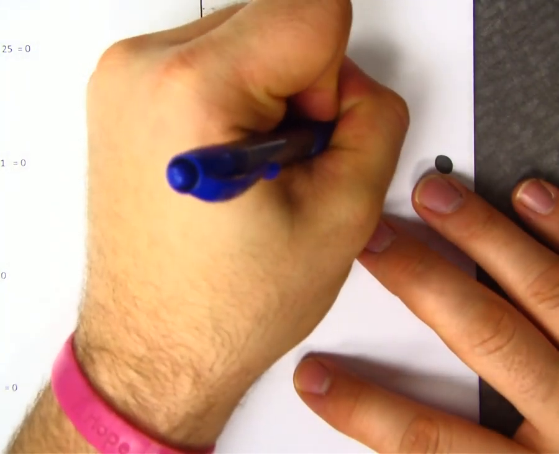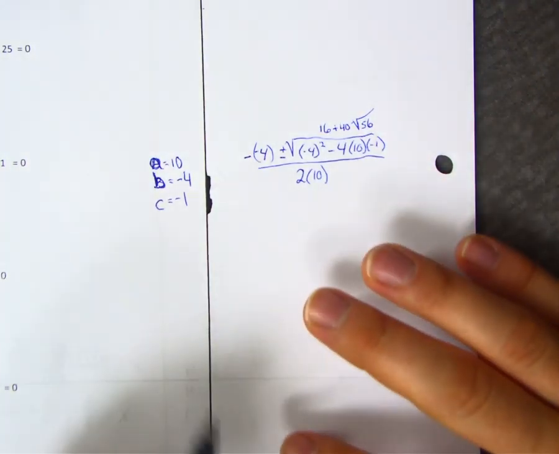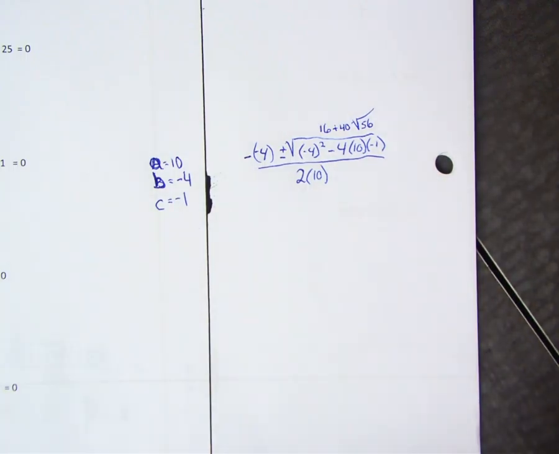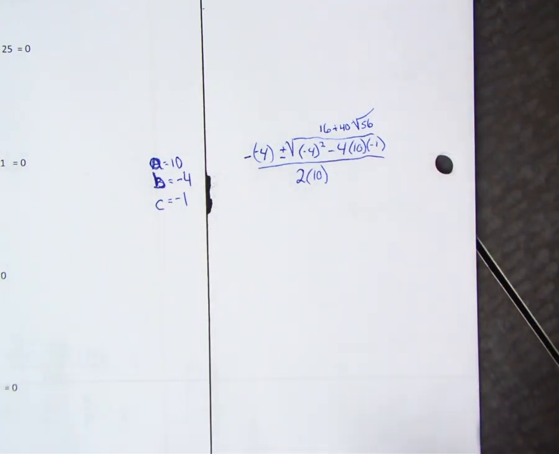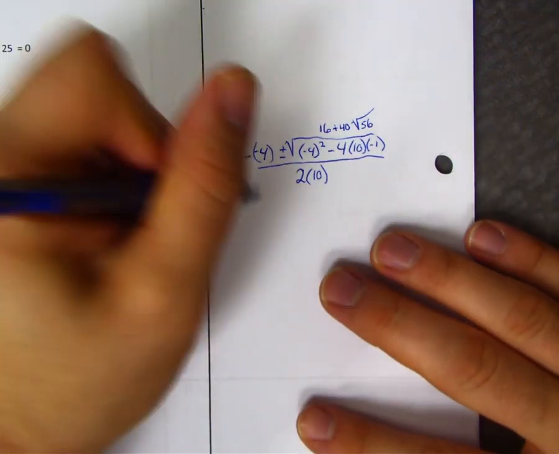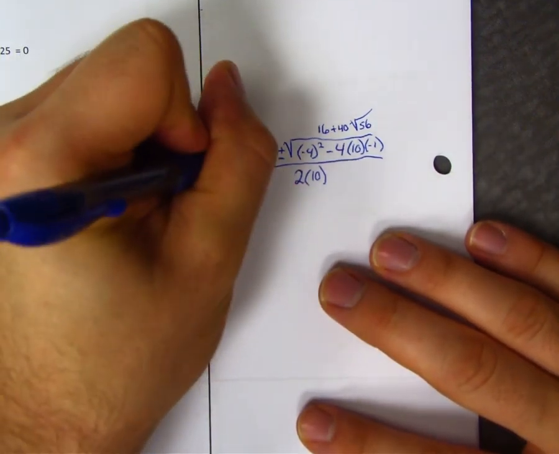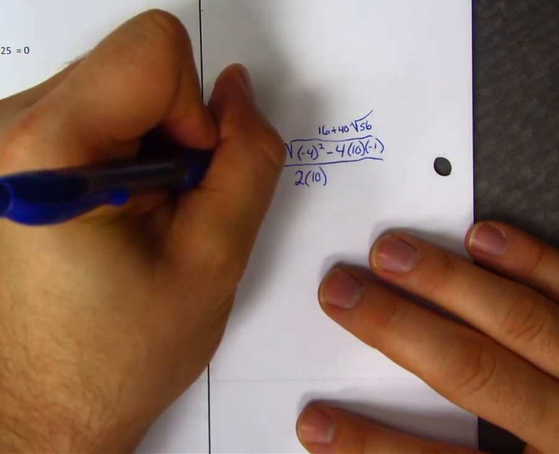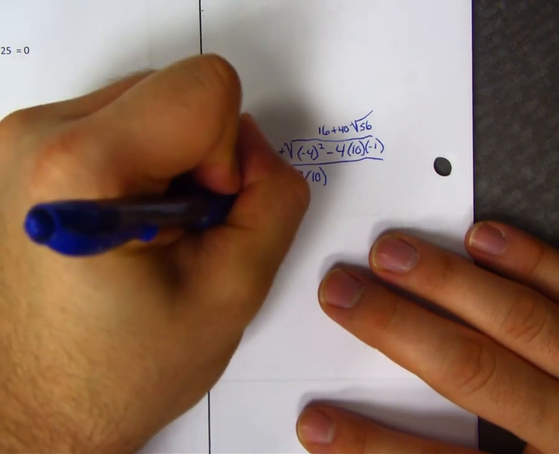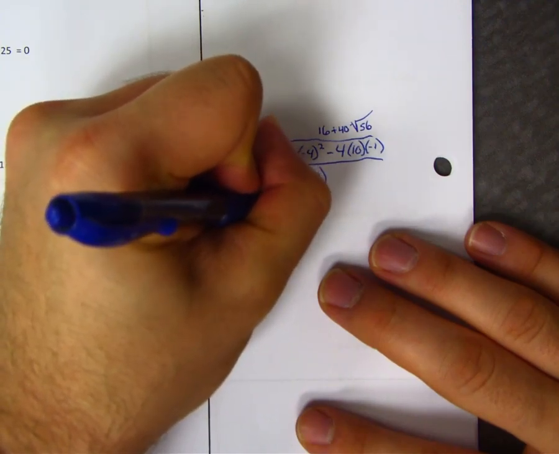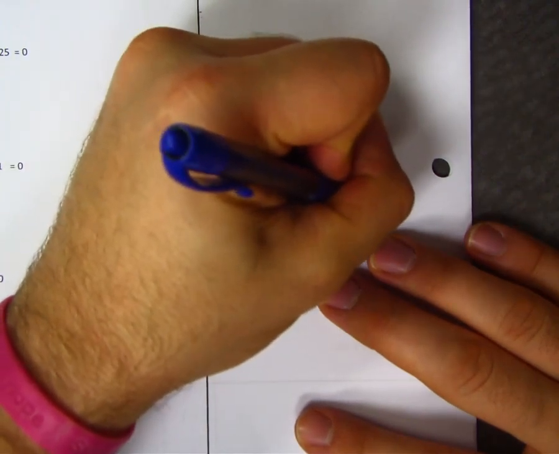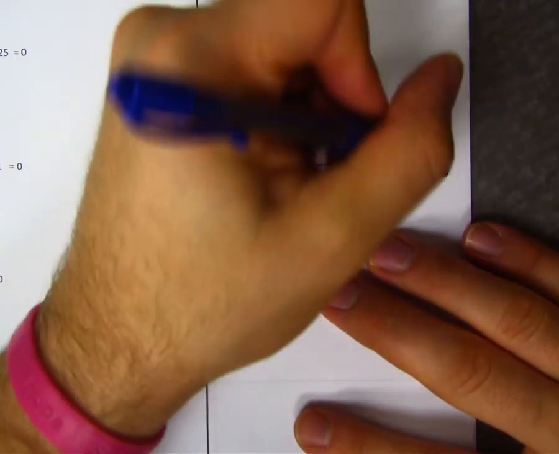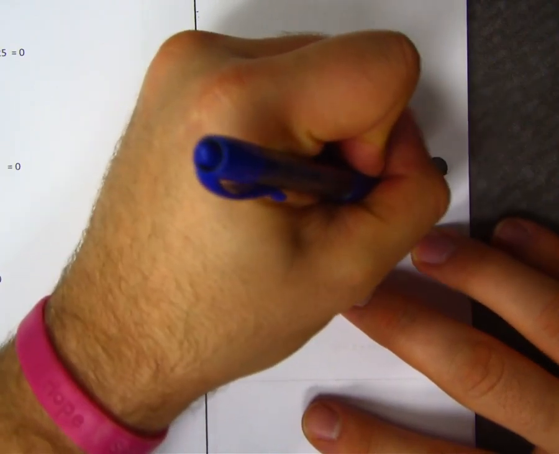The square root of 56 is not a perfect square. 49 is 7 times 7, 64 is 8 times 8, but 56 is not. So we're going to leave it as the square root of 56. And then we're going to write this out. X equals positive 4 plus the square root of 56 divided by 20, or x equals 4 minus the square root of 56 divided by